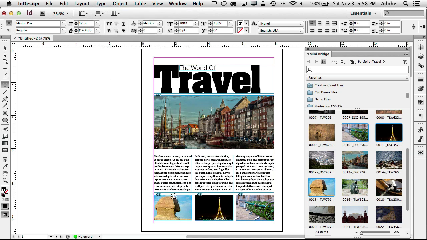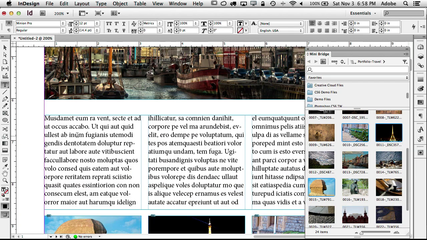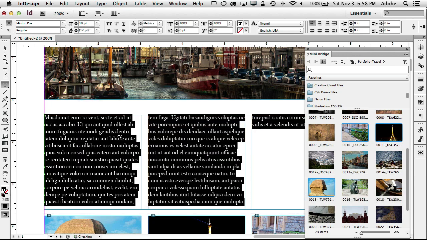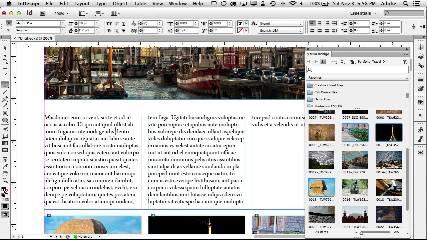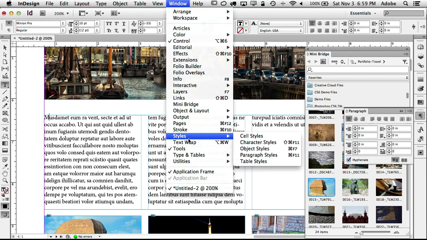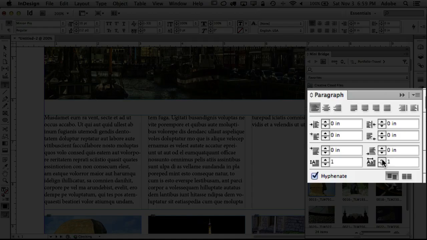Now, speaking of formatting, let's go ahead and zoom in on it, or hit Command 2 to zoom in at 200%. And my type came in at my default font, which is Minion Pro Regular 12 point. I want that to be smaller, so I'm going to say Select All, Command A, 10-point type, and then I want this first one to be a drop cap. So for that, I'm going to go to my paragraph panel, which you can grab from your window menu, Window, Type, Paragraph. That's the one I brought up. And we're going to go ahead and say that we want that to be 1 character drop cap that's 3